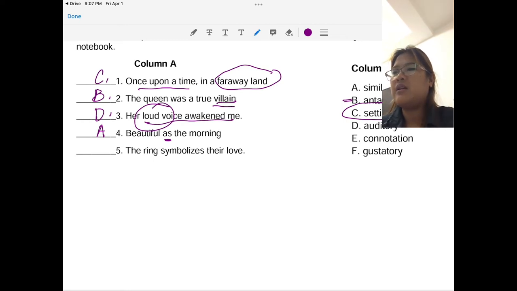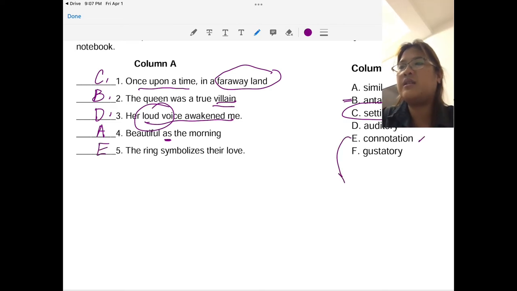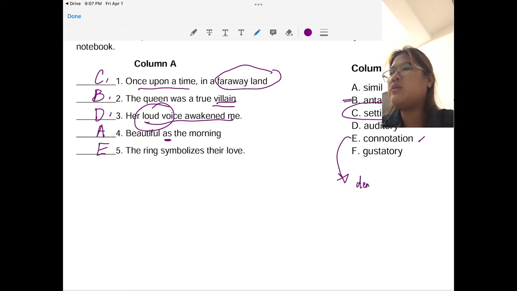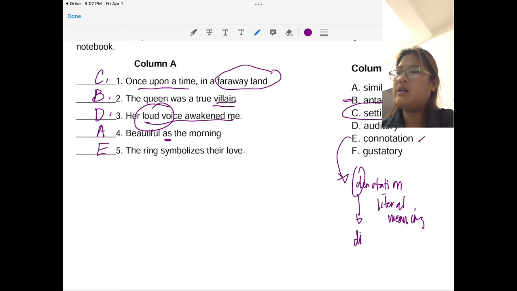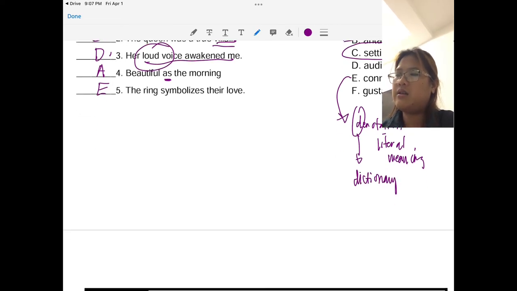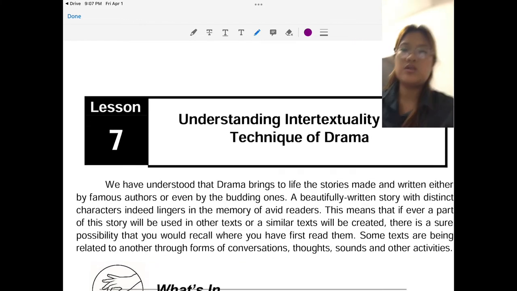And then "the ring symbolizes her love." It's connotation, letter E. The opposite of connotation is denotation, which means the literal meaning, or we take it from letter D, dictionary meaning. Okay? So moving forward,